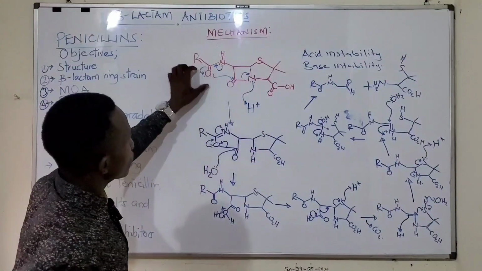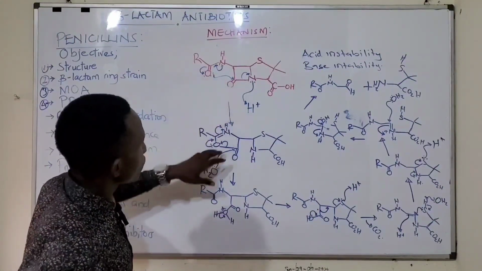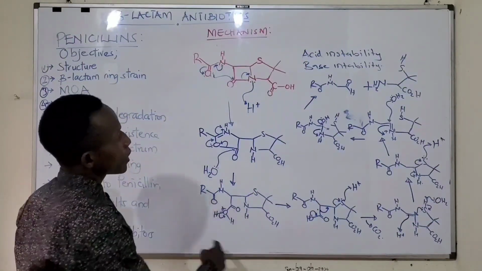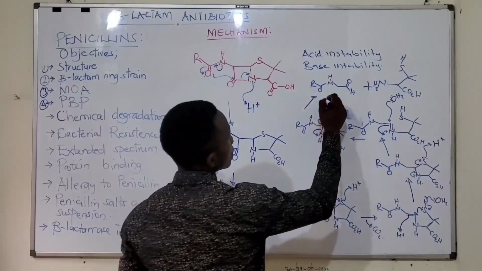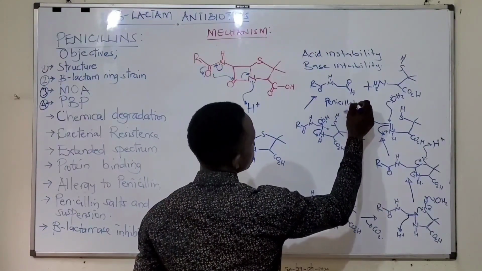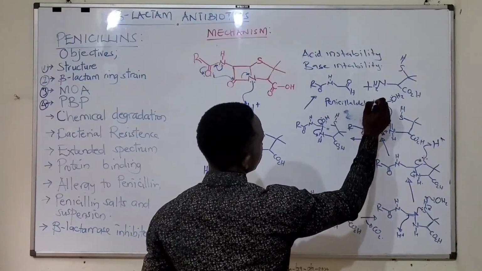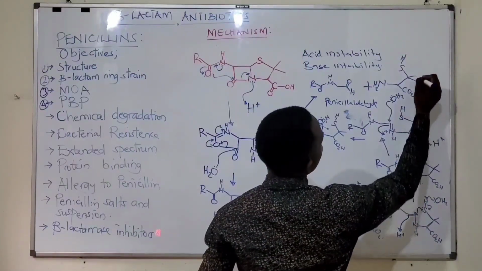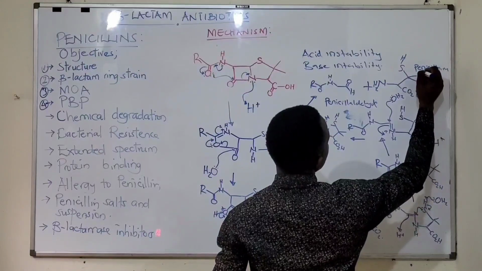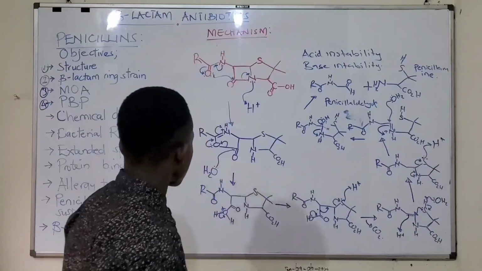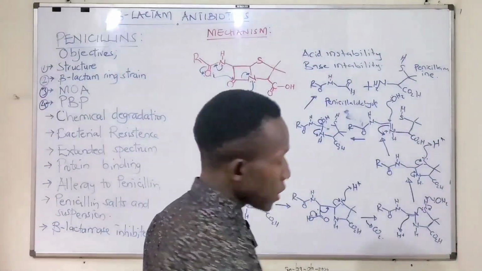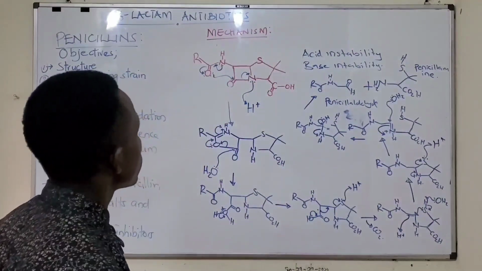With the proton, we shall form a new ring. Forming a new ring, this one will be breaking. At the end, we shall have penicillaldehyde and penicillamine. That's the acid instability. Now, when it comes to basic instability,